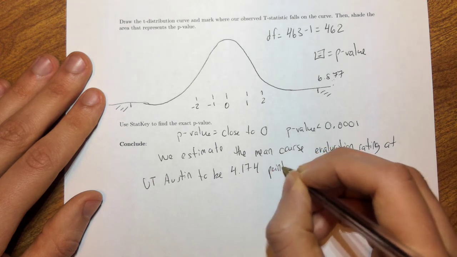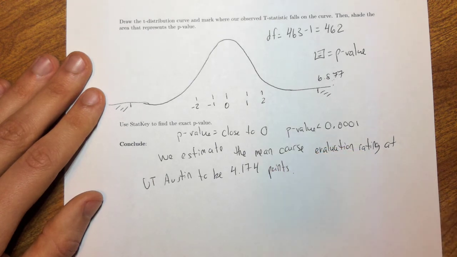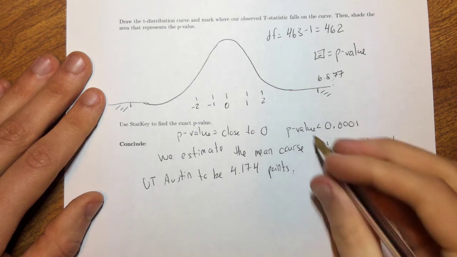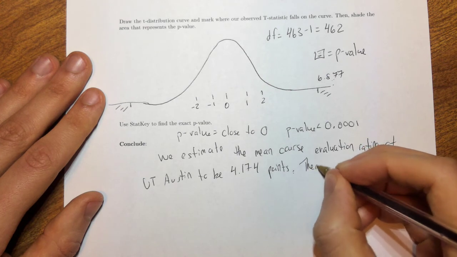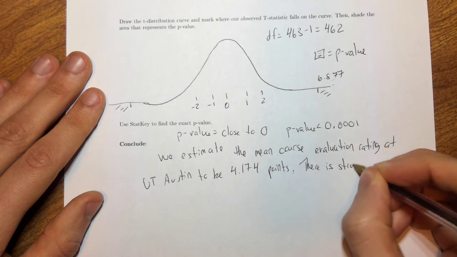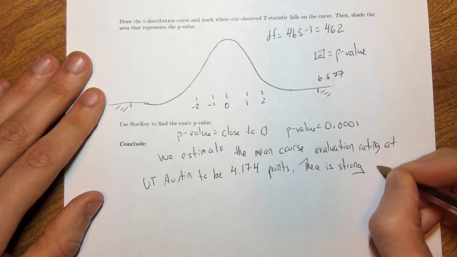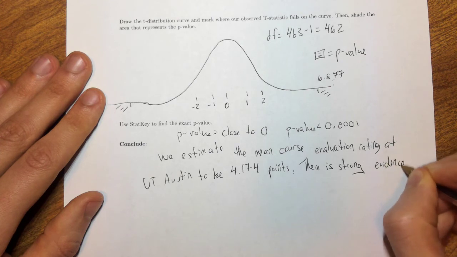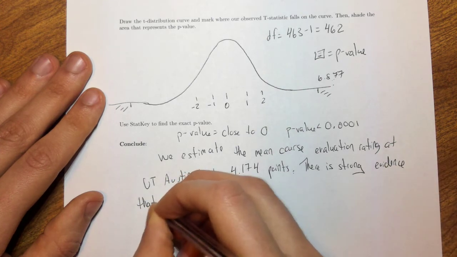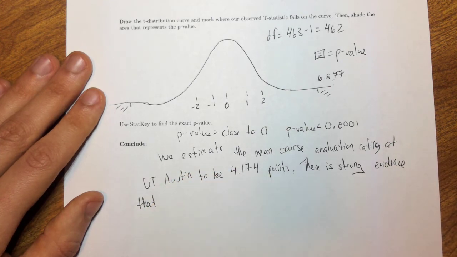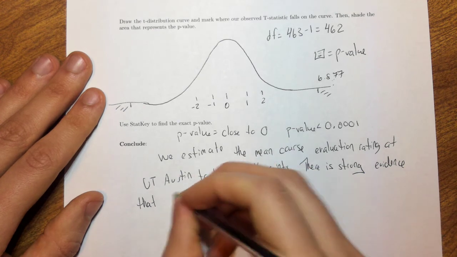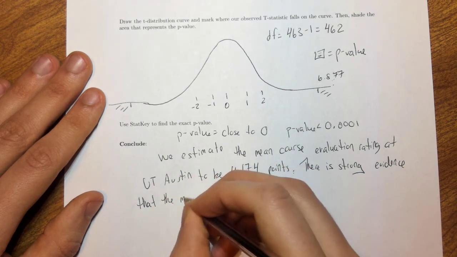So that was our sample mean. After we write our point estimate, we want to say how much evidence we've got for the alternative hypothesis. And in this case, since our p-value is really tiny, we want to say something like there's strong or convincing evidence that, and then we just want to write what that alternative hypothesis was. So that the mean